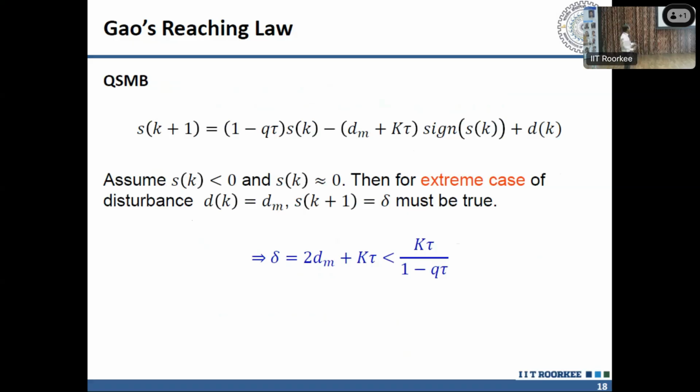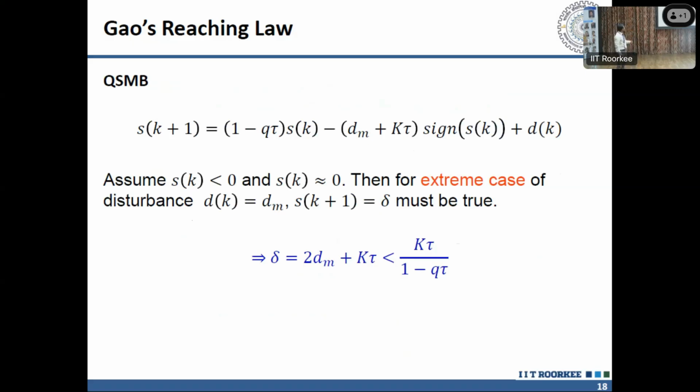If we want that maximum value, then supposing that sk is less than 0, from the negative side I am crossing to the positive side, so I can put this as delta, that is the maximum value. And it will be maximum if from the negative side, what is the maximum value I can put here? 0. Again it is 0, not something negative. So again this term collapses, and in this term it is negative, so this becomes positive, and this term, what is the extreme case, is again plus. So the delta becomes 2dm plus delta,